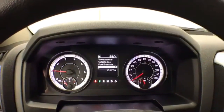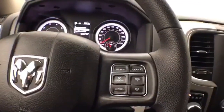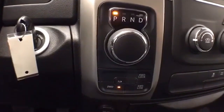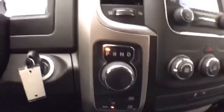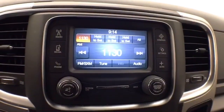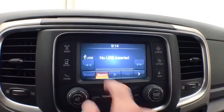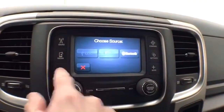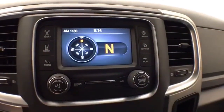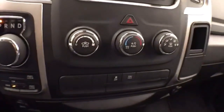With driver information system, controlled by buttons on the steering wheel. Cruise control. 8-speed automatic transmission with a rotary dial shifter and shift on the fly 4-wheel drive. Touchscreen display for radio. It's also satellite radio capable. You can connect various media devices, Bluetooth connectivity for hands-free phone use, compass, and that is of course where the backup camera display is. Heating and air conditioning,